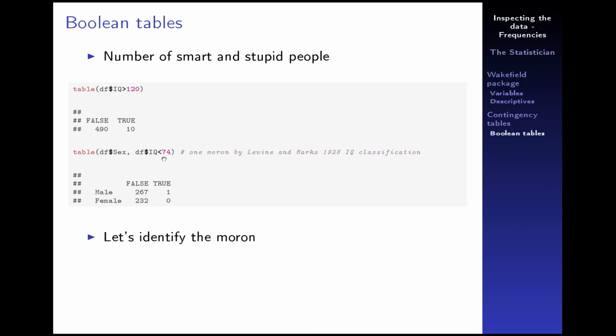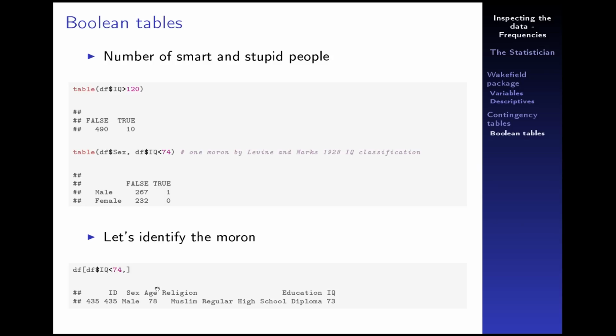So in other words, one who has IQ below 74, and there is only one guy, and let's identify this guy, and we will just write our data and the row which have a Boolean argument, and all columns are selected,